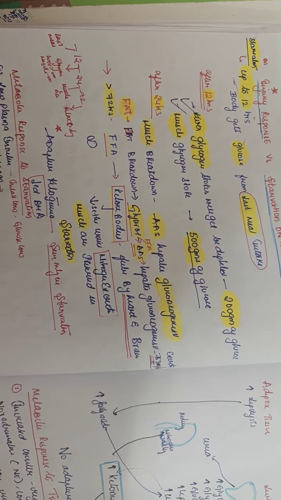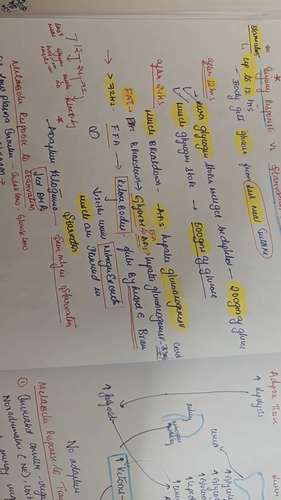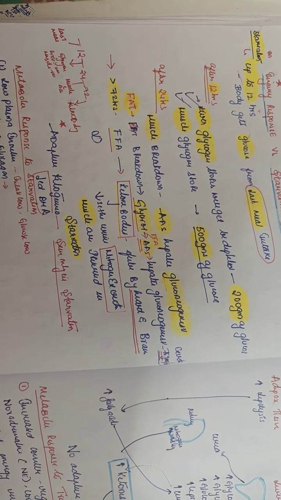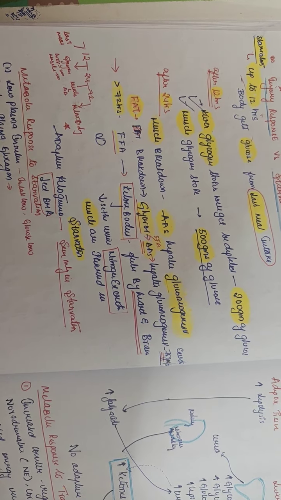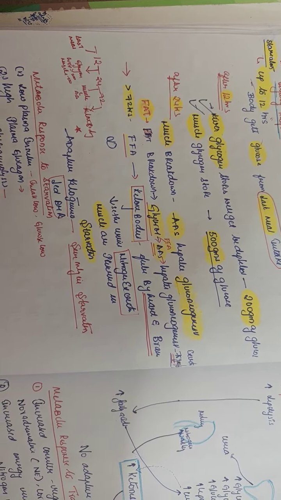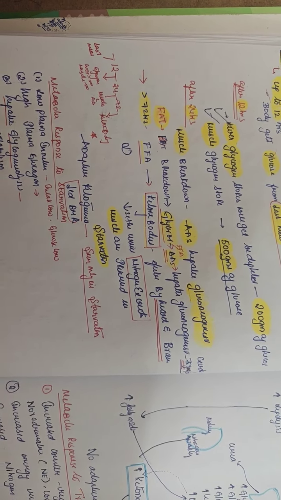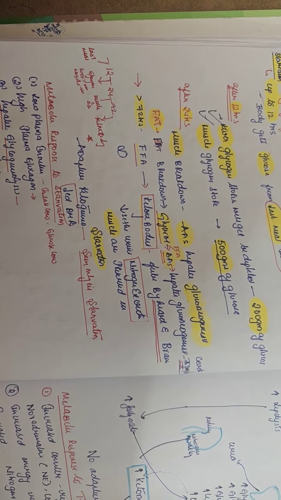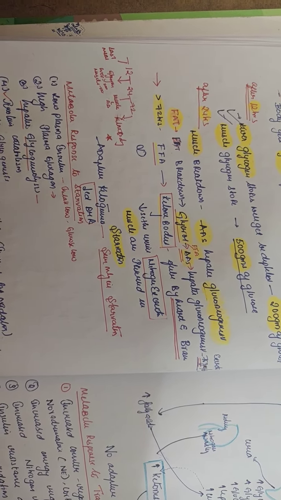For that, what happens after 72 hours is that the free fatty acids convert into ketone bodies, and these ketone bodies decrease urine nitrogen excretion. The ketone bodies act as a fuel for the heart and the brain. So there is a decreased urine nitrogen excretion, and muscles are preserved in starvation. This preserving of nitrogen by utilizing ketone bodies from FFA is known as adaptive ketogenesis.